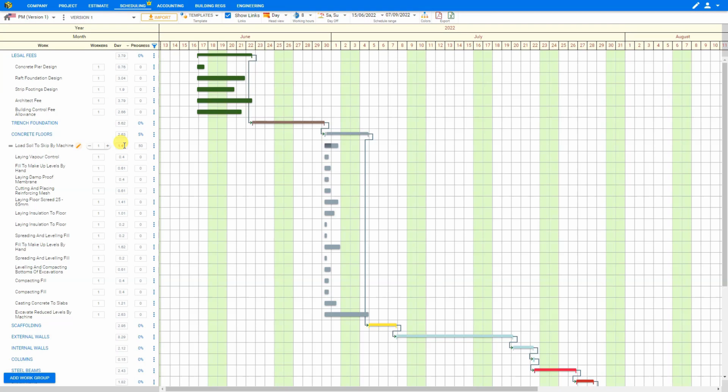These task times are shown in days. However, if you prefer more precision, you can select this drop-down arrow here under the header and select either hours to show that loading the soil will take 11.3 hours, or you can set it to weeks, and this will show that it will take approximately 0.28 weeks to load the soil by machine. So let's set this back to hours